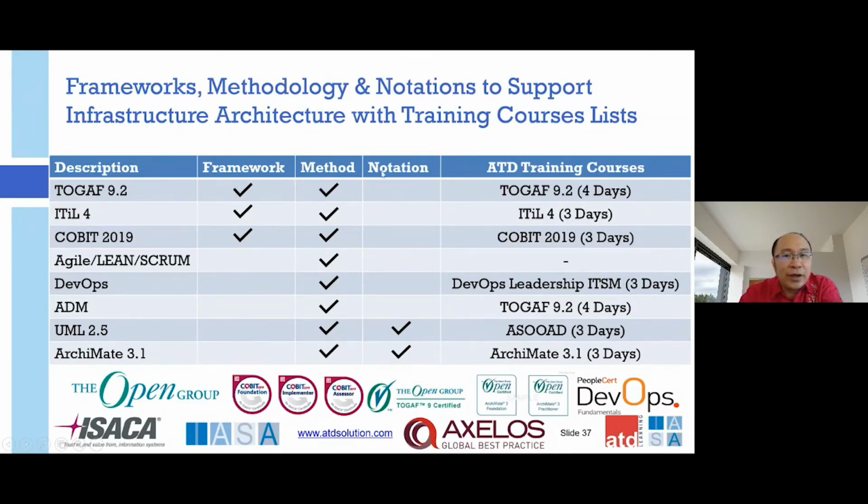This is where you need to get yourself familiarized with the TOGAF framework, with ITIL 4.0 about framework and method, with COBIT 2019, framework and method, and then Agile, Lean, and Scrum. These are something that are also currently quite popular, like the SAFe framework, one of the so-called Agile, Lean, Scrum practices. Then DevOps, which is quite interesting today because of the convergence between development and deployment for rapid delivery to support Agile DevOps.